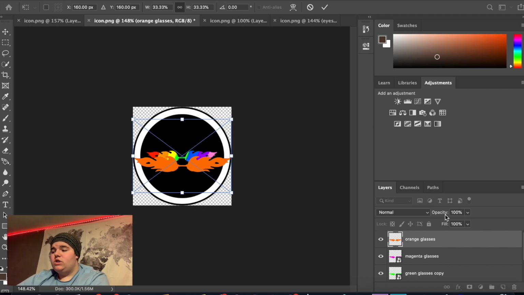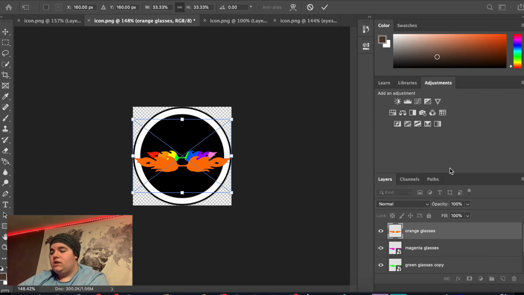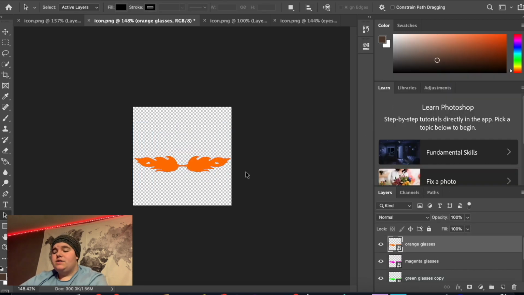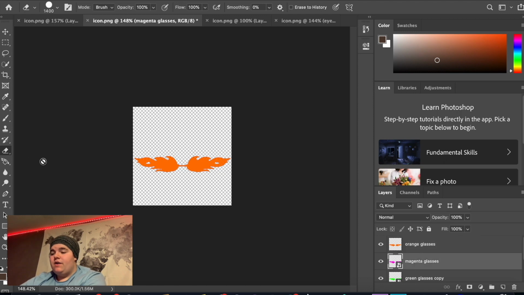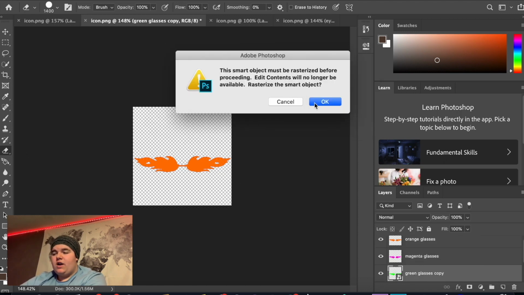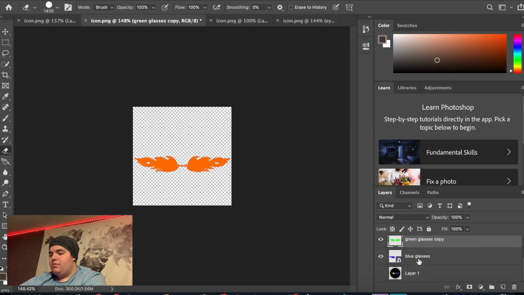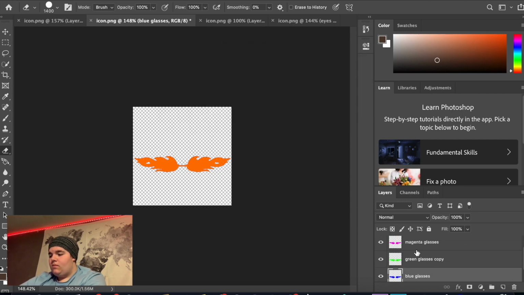And for now, just to make it quicker, I'm going to only do 4 colors instead of the whole rainbow. Okay, so the first thing you're going to want to do is rasterize each layer, which will allow you to erase the layer. So basically just go over and click the erase tool and then press on the image, and it'll tell you that you need to rasterize it, and then just go through and do that for every single picture. If it's already rasterized, it won't tell you this, but okay, so now that all of the images are rasterized,